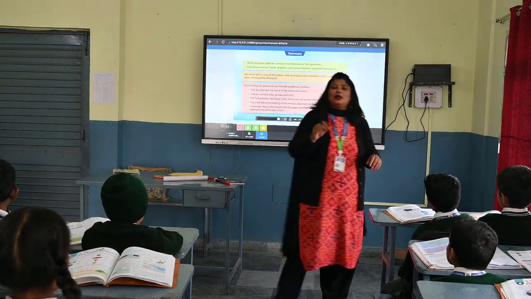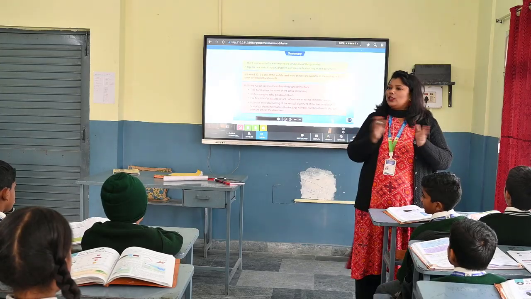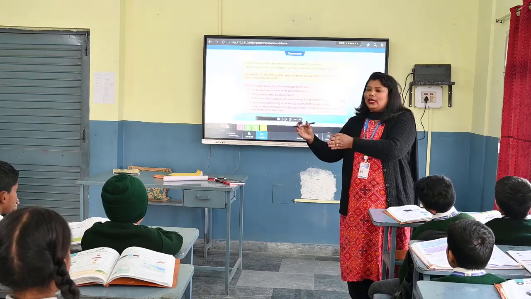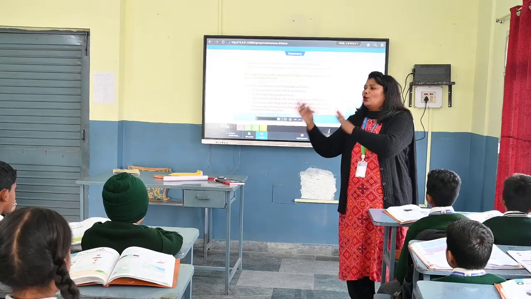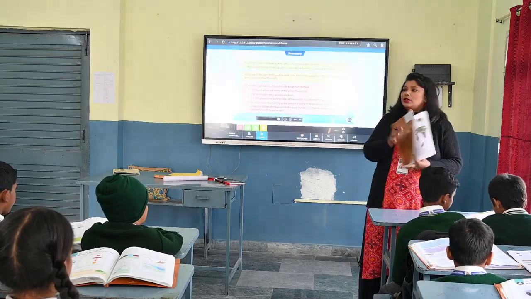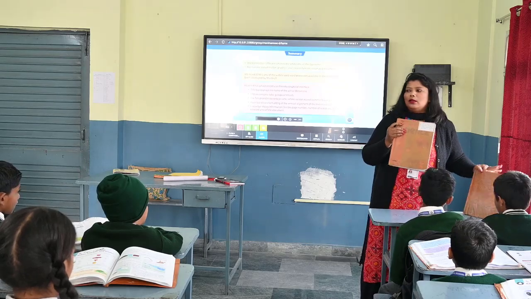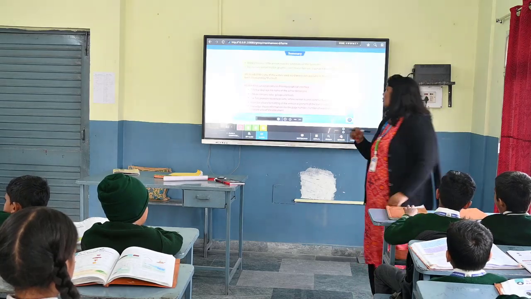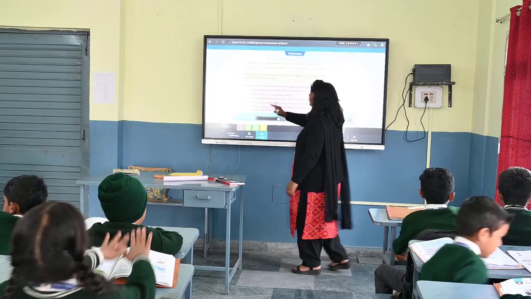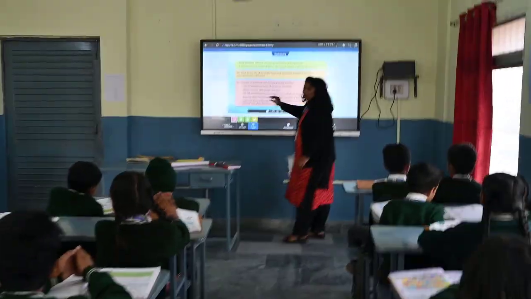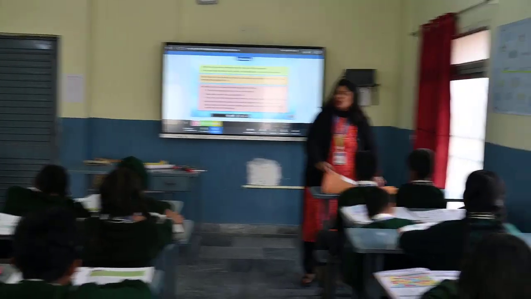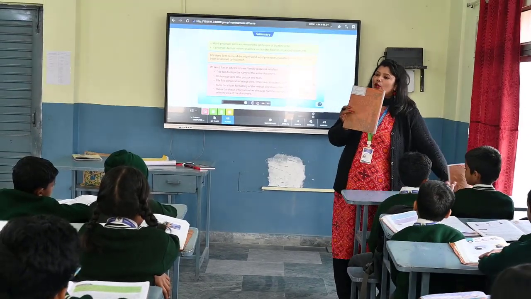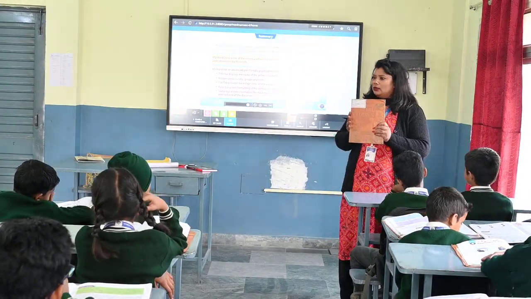Copy. You're copying something from one place and you're pasting it somewhere. But what is copy? The original is already there and you're making a copy. Not fake. You're copying one more. Suppose this is a book. You're making a copy. Then 2 books will be there. Correct? Yes, ma'am. And one other option is cut paste. What happens in cut paste? Suppose you are cutting this book, you are destroying this portion, and you are pasting a new one. So one book is already gone, and the new one is there.